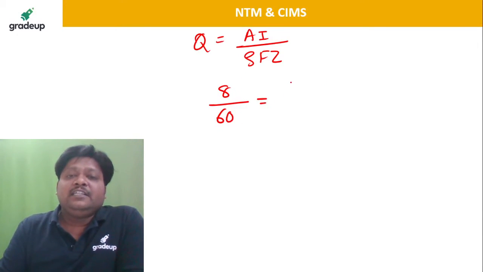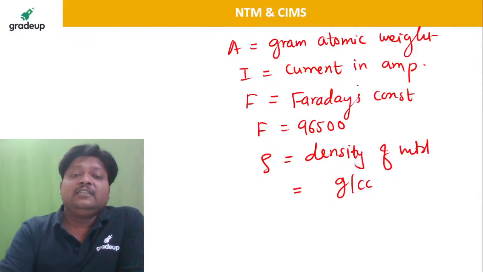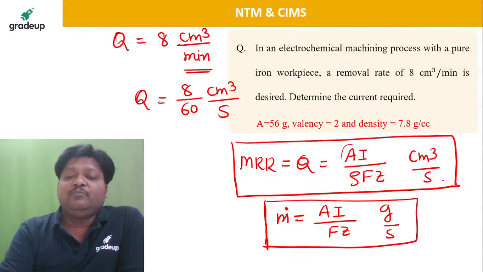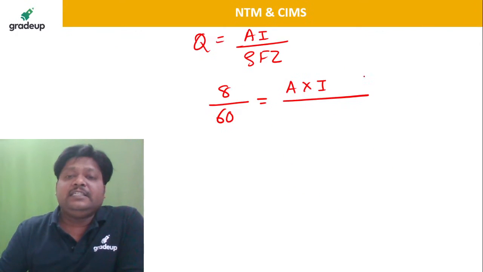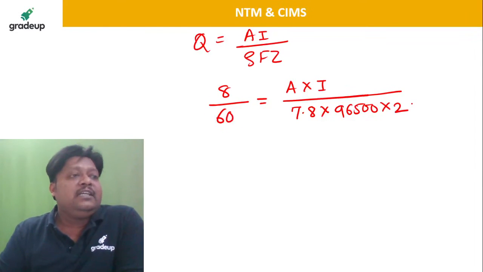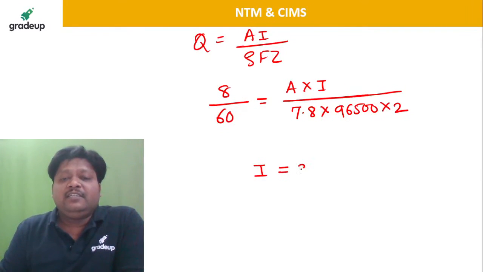8 by 60 is equal to A into I divided by the density, which is 7.8 grams per cc, into Faraday's constant 96500, into Z, the valence, which is 2. So calculate the current. Please be part of these calculations and tell me the answer. So I is nothing but 3584